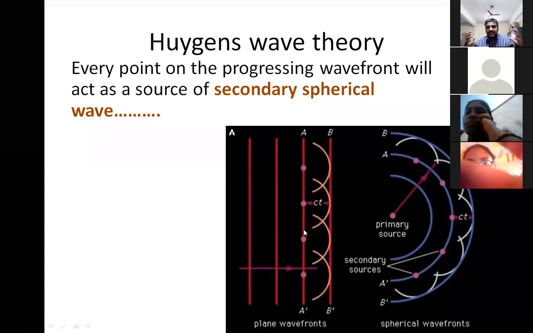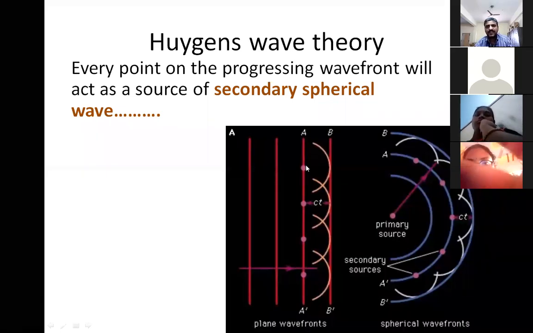Imagine that God has given you the ability to freeze the light. Then you will be able to see this particular AB wavefront at a particular point. It's frozen. Then you try to pick up at least 4 points. As an example, I'm taking 4. It's not really 4, it can be infinity.